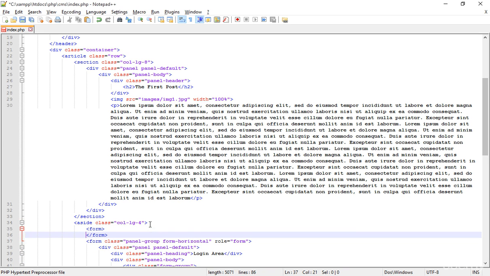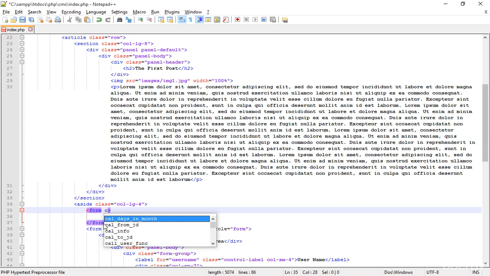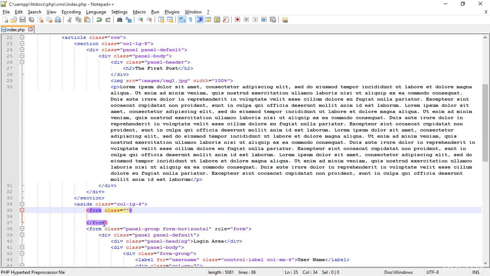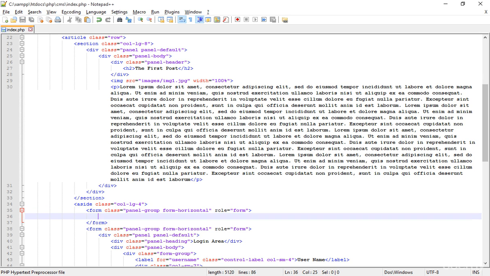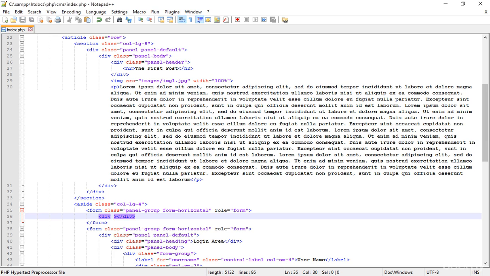In this form, first of all, just make this form tag a panel. So I'm adding a class here, panel group, okay? Another panel. Now it should be a form as well, so horizontal, okay? Now what is the role of this? Obviously this is the form, and then just add another div, and since I added the panel group, this is the panel inside the panel group, and panel default, okay,